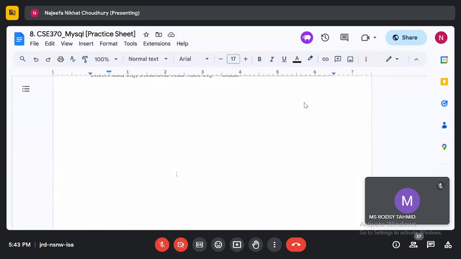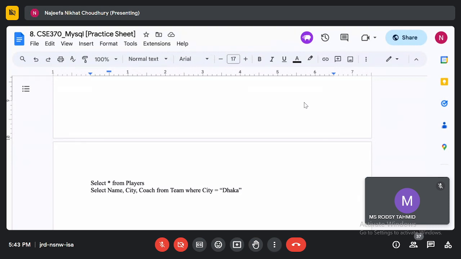So let's say I want to see the information from teams where the city is either Dhaka or Sylhet. So one of those things. I will just say or city equals to Sylhet. What happens is it will check each row, and if it is either Dhaka or Sylhet, just one of the conditions has to be true since I'm using or. Whichever one is true, I will get the information, right? So that's how it's going to work.